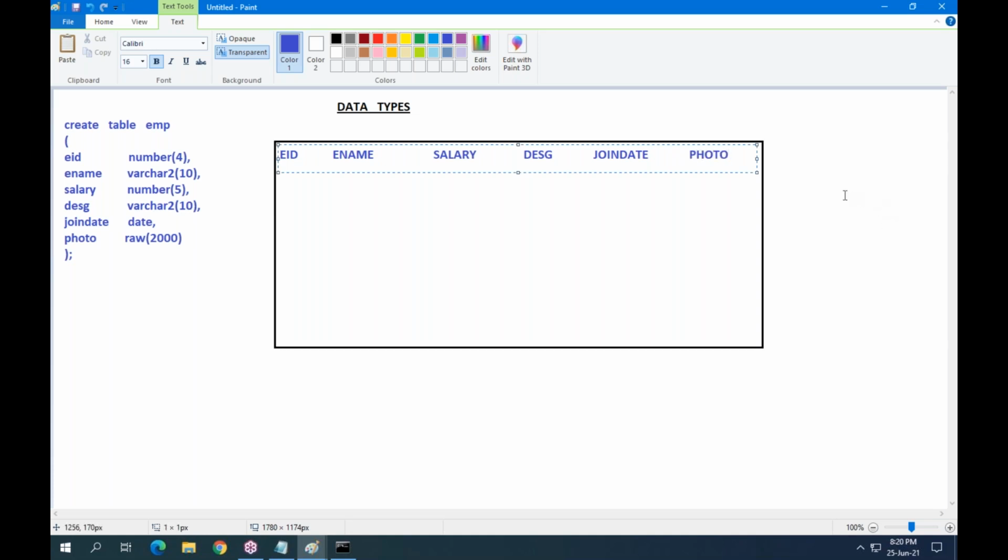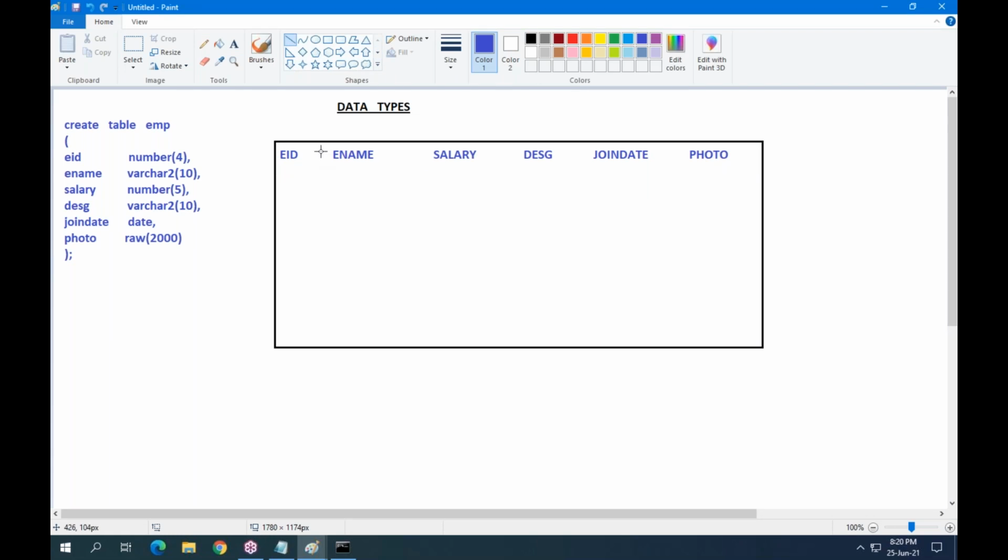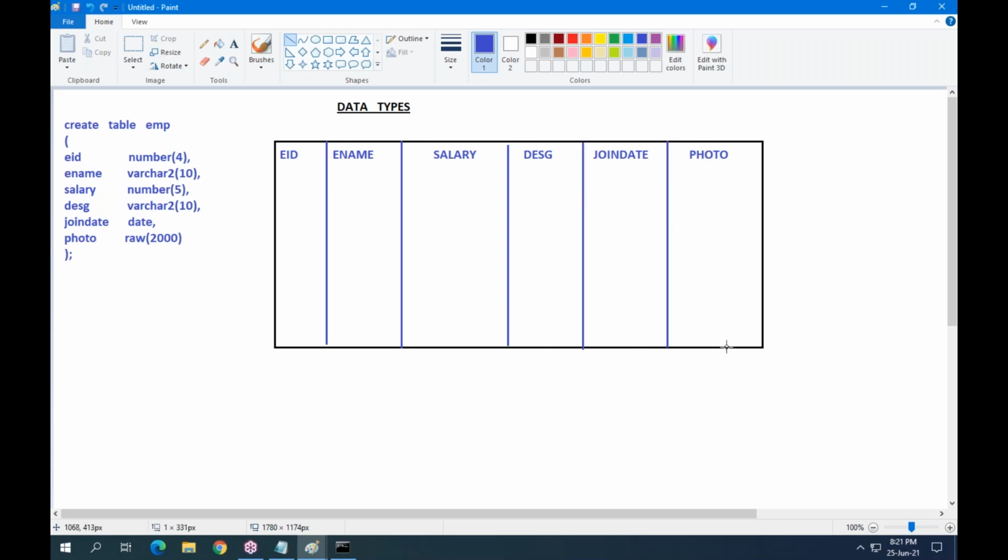How many columns in this table? You have 6 columns: first, second, third, fourth, fifth and sixth.